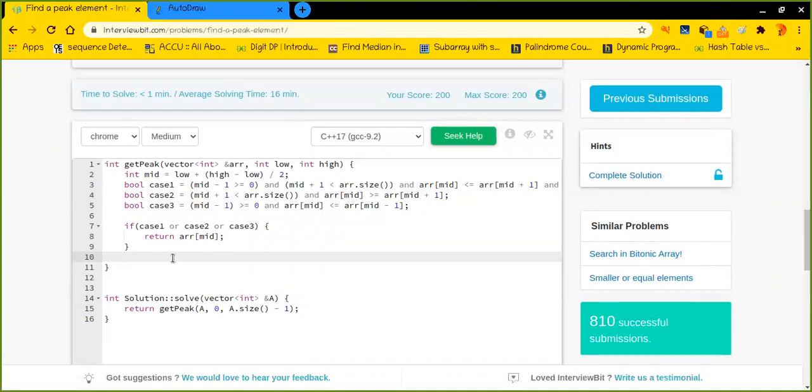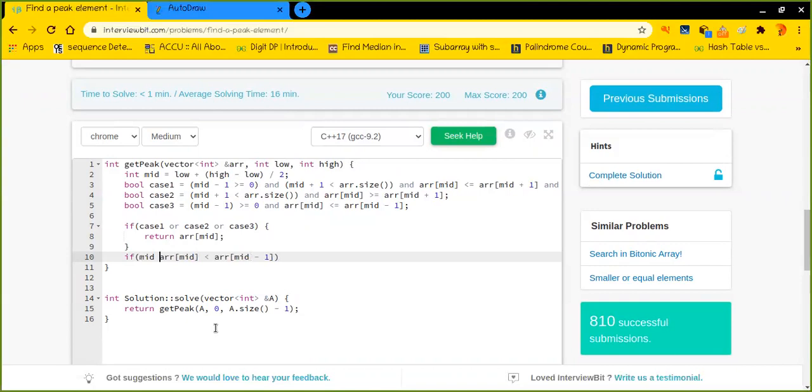So how can I check that? I can check that by comparing if the array's middle element is lesser than any one of, let's consider mid minus 1. You may consider mid plus 1, but I'm just considering mid minus 1.